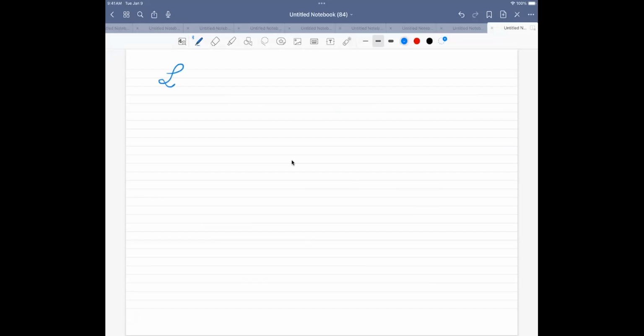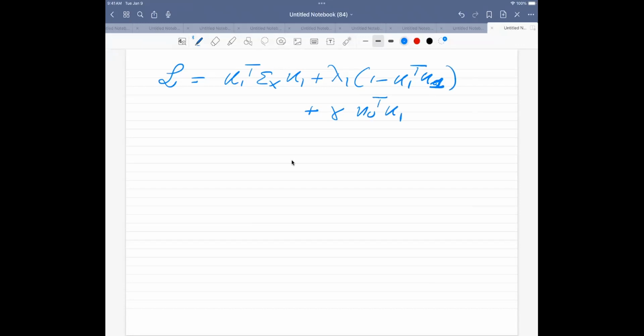So we want to optimize the problem: u1 transpose sigma x u1, plus lambda 1, the next eigenvalue, times 1 minus u1 transpose u1, and then plus gamma times u0 transpose u1. When I take the derivatives, now I have three parameters. I have u1, the unknown vector. I have defined the previous one, u0. I need to define lambda 1 and gamma. So when I take the derivatives and set them to 0,